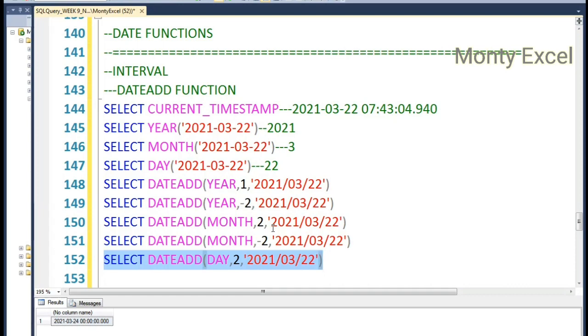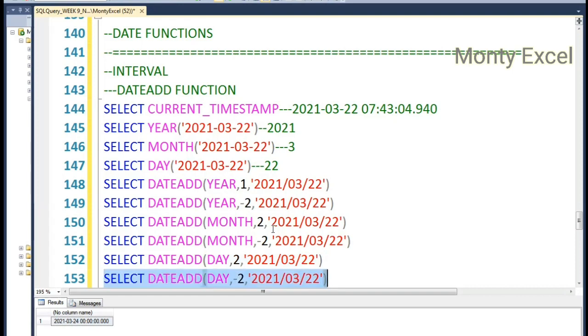So when you want to go for future data, when you want to retrieve, most of the time you'll find some forecasting numbers of upcoming months, right? So when you want to get upcoming months data, this is how you're going to retrieve. But if you want to go for the previous month's data, days or -2, that means 22, it will become 20 here. Okay, the result will be 20 here, the result would be 24 here, the result would be -2, that means